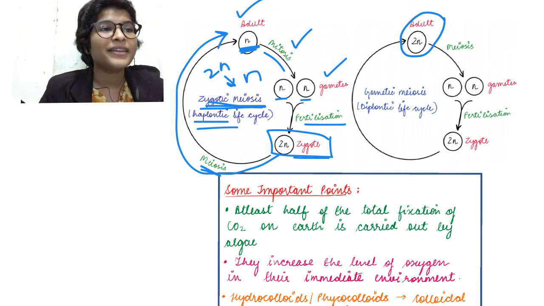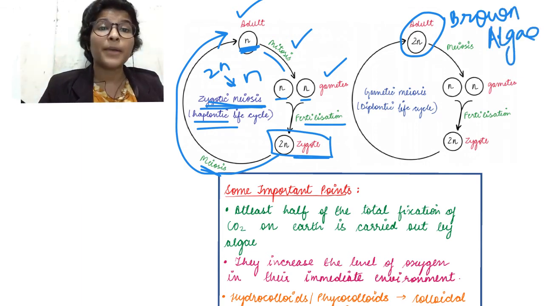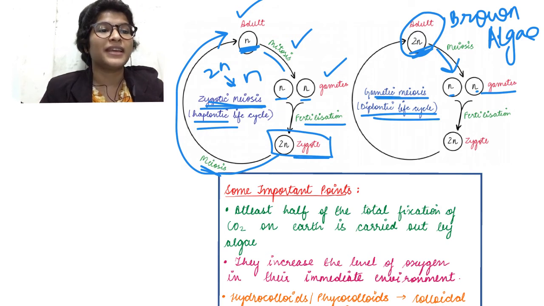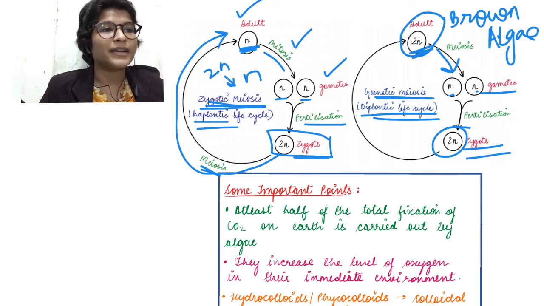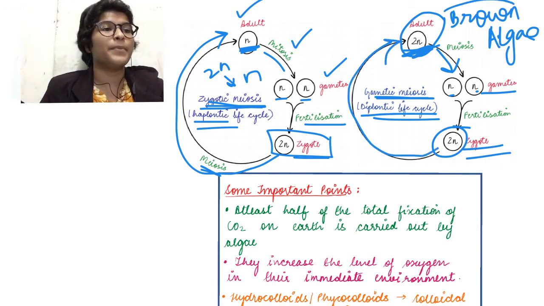इसका बेस्ट एग्जाम्पल क्या है? ब्राउन एल्गे. ठीक है, हमने अभी देखा था कि ब्राउन एल्गे में डिप्लोहैप्लॉन्टिक या फिर डिप्लॉयड लाइफ साइकिल है. ठीक है, तो अडल्ट में 2n नंबर ऑफ क्रोमोसोम्स है और हमें n वाले गमीट्स बनाने हैं, तो क्या करेंगे? मियोसिस, that is half में डिवाइड करेंगे. सो देर इज गमीटिक मियोसिस. ठीक है, अभी जाहिर सी बात है, अगर फर्टिलाइजेशन के बाद 2n वाला जाइगोट बनता है तो अडल्ट में भी तो हमें 2n चाहिए ना, so there will be no kind of division at all, so it will directly form the adult. So this is seen in brown algae.